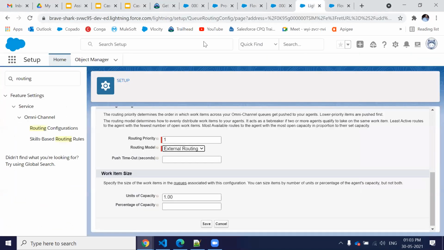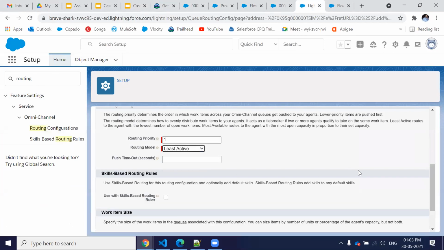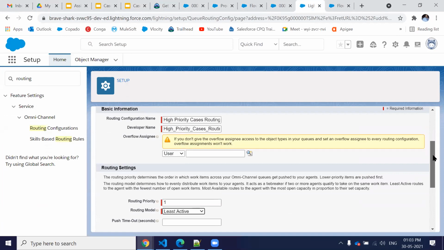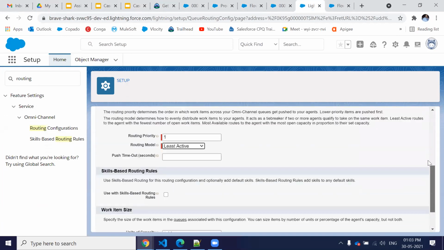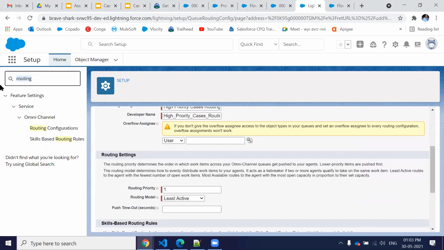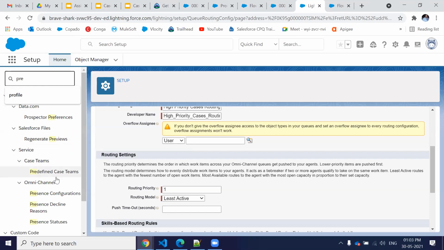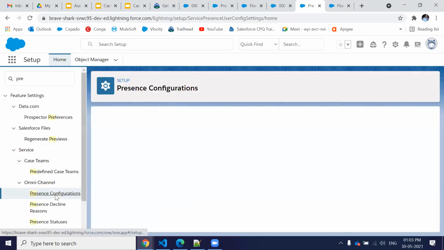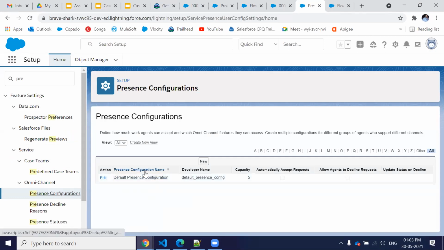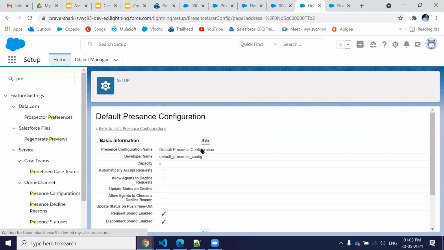There's one setting here. I'm assuming you turned on that setting. Let me just show you what that setting is. It should be in presence, not in routing. It's in presence configuration, I guess. So, presence configuration, automatically accept the request.